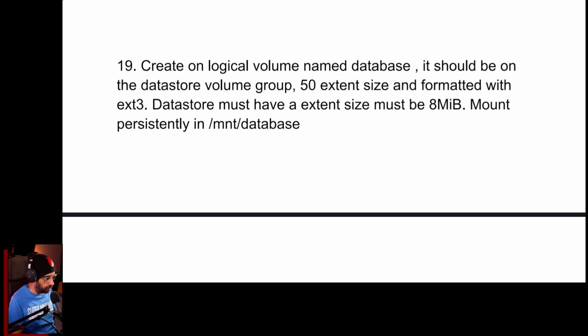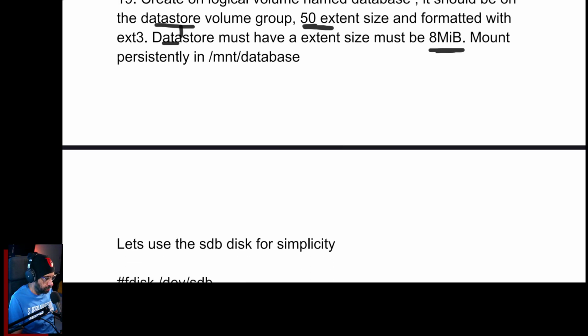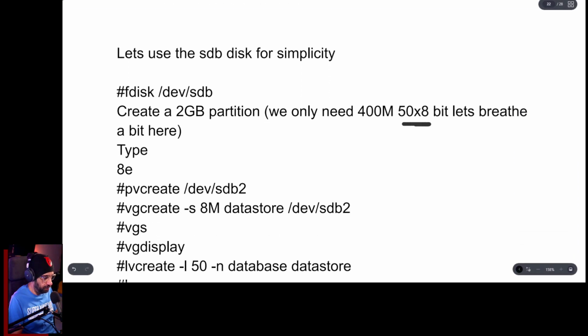Okay. So the datastore, which is the volume group, needs a 50 extent size, and the extent size needs to be 8 megabytes. Which means we will do the math in a few seconds. Mount persistently on the /mnt/database mount point. So the math is, if you do 50 times 8,